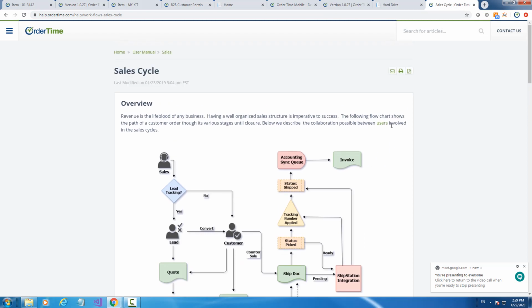So there are two questions here. One of them was, can we use editing custom fields on a closed ship doc? And that's something that, yeah, we're going to do. That's something that we have on